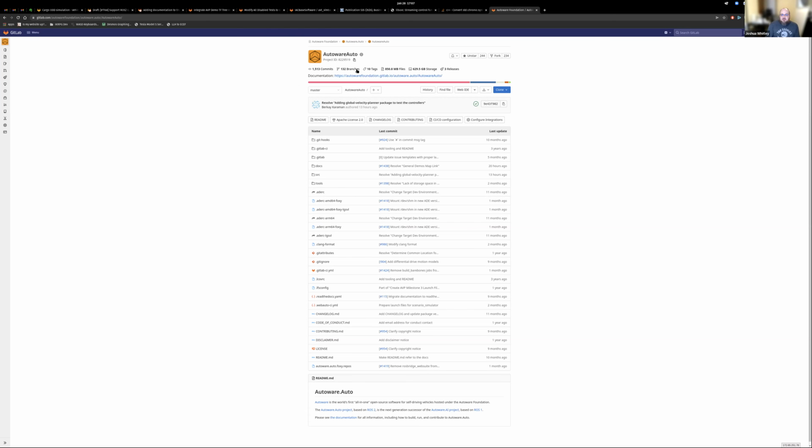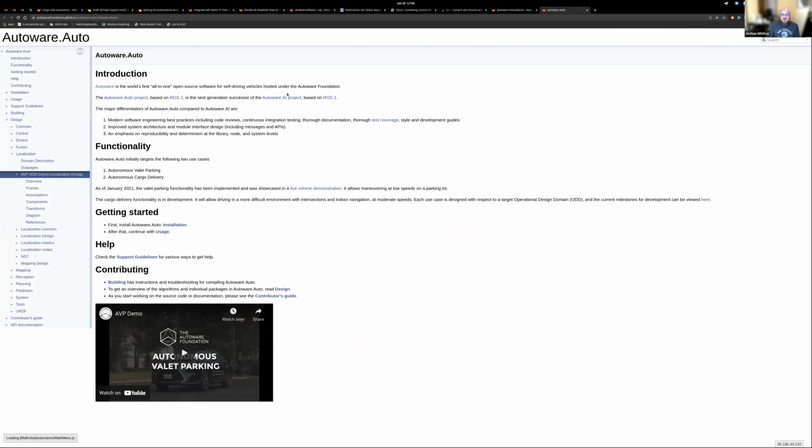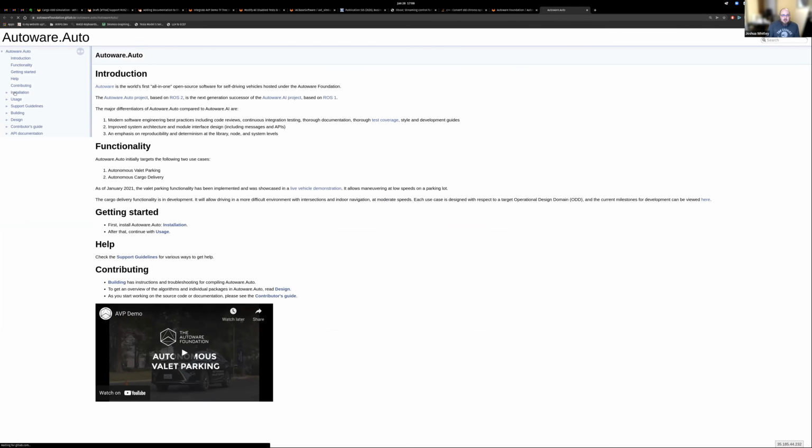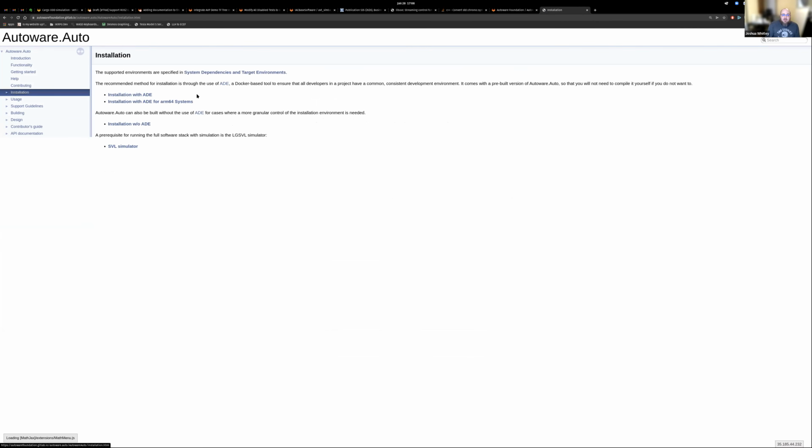And then at the top of this page, you'll notice a link to the documentation. And I honestly think the documentation is pretty good, but it is definitely missing a few things. So what I would recommend starting out to get Autoware Auto installed and running, go to the installation in the documentation. And ADE is not really described very well here, but ADE stands for either